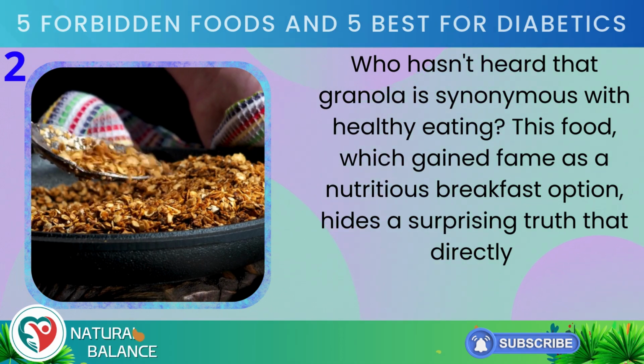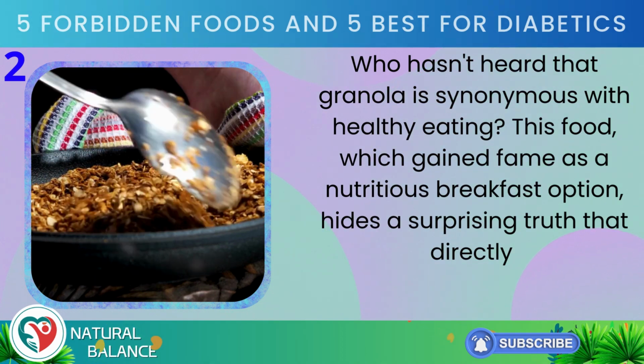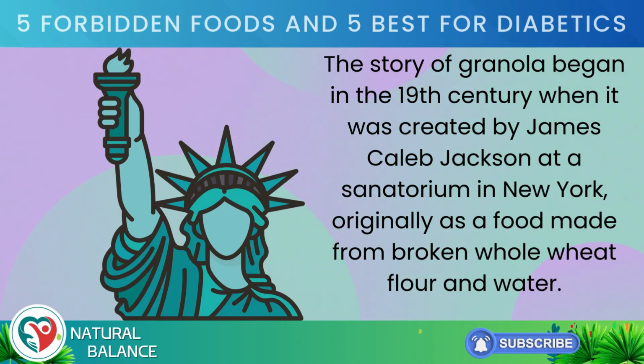Who hasn't heard that granola is synonymous with healthy eating? This food, which gained fame as a nutritious breakfast option, hides a surprising truth that directly impacts people with diabetes. Behind the image of a superfood, industrially produced granola carries a secret that few know: an alarming amount of hidden sugars. The story of granola began in the 19th century when it was created by James Caleb Jackson at a